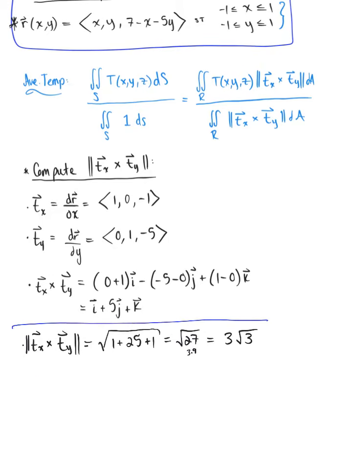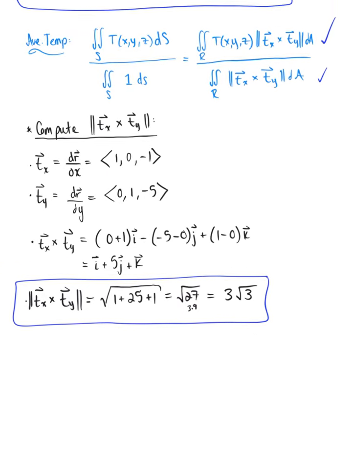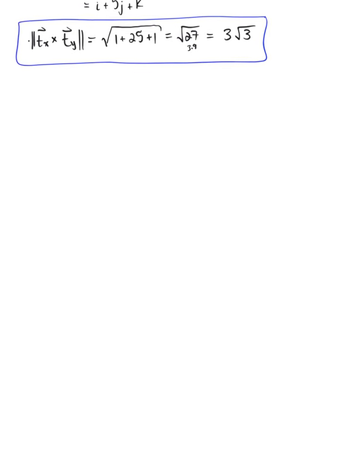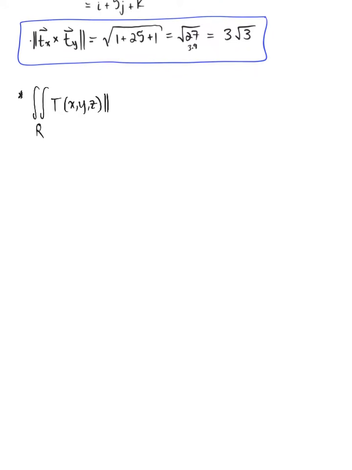And so, using this magnitude, we are officially ready to start computing the surface integral and the surface area using a surface integral. So let's go ahead and compute the surface integral first. We want to calculate the double integral over this two-dimensional region R of the temperature function T of x, y, z multiplied by the magnitude of the cross product of the tangent vectors in the x and y directions,